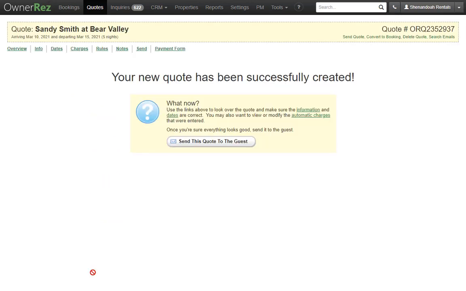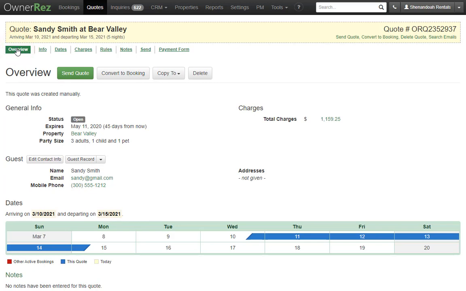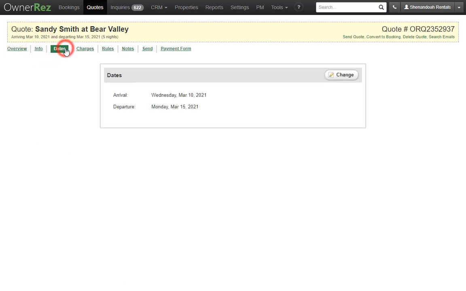And there we have the new quote. By default, OwnerRez filled in the same charges that we saw previously. And you can see on the overview page of the quote, the party size, when it expires, and the other information that we just entered. If you need to change some of that info, you can do that on the Info tab or by changing